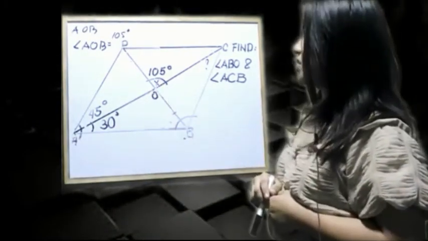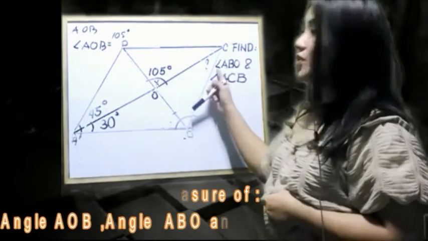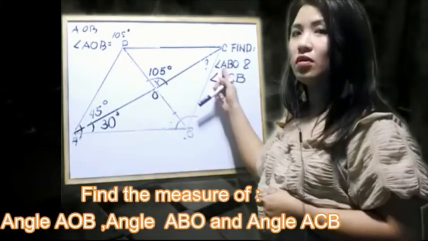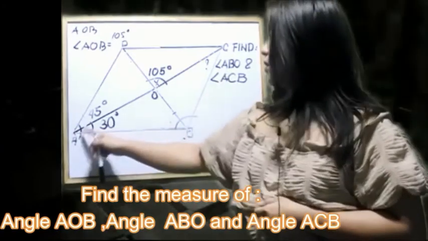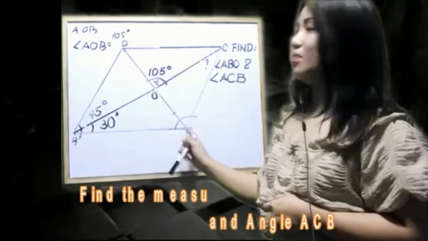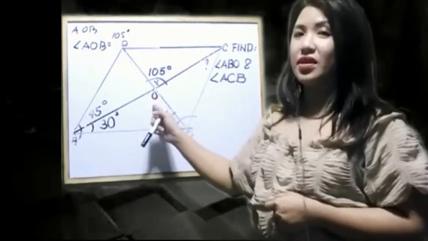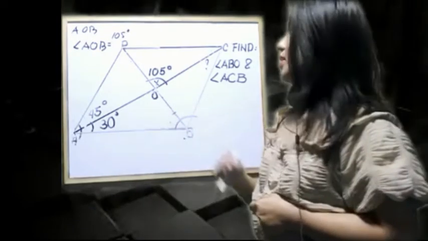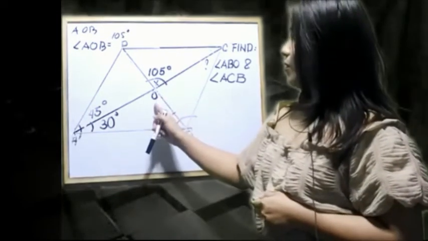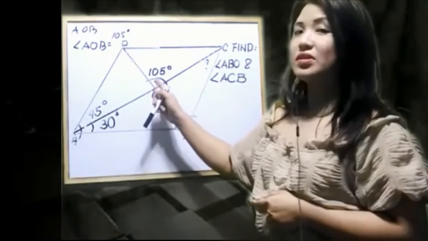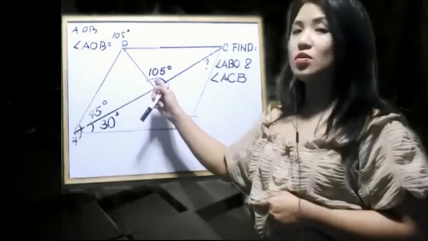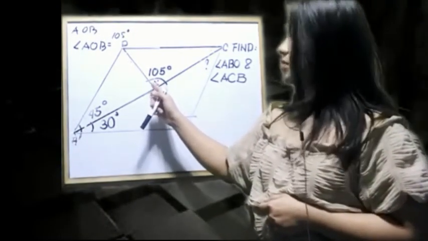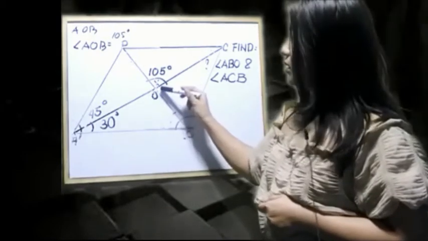The question is, find the measure of the angle AOB. So that means this one right here. Alright? So since the angle O is vertically opposite to this one on top, the one I'm pointing at here,